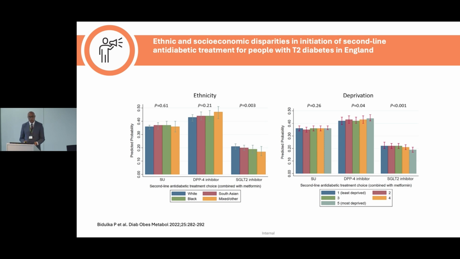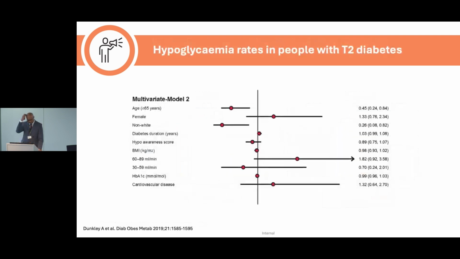Deprived populations who are also at the highest risk are also less likely to get this. And these are data from general practitioners prescribing these therapies. So excellent evidence base, guidelines telling us that we need to do this, but it's not being utilized in clinical practice. Now, unless we have that data, we wouldn't be able to see this. So now we can think about and say, what are the interventions we can use to improve these outcomes?